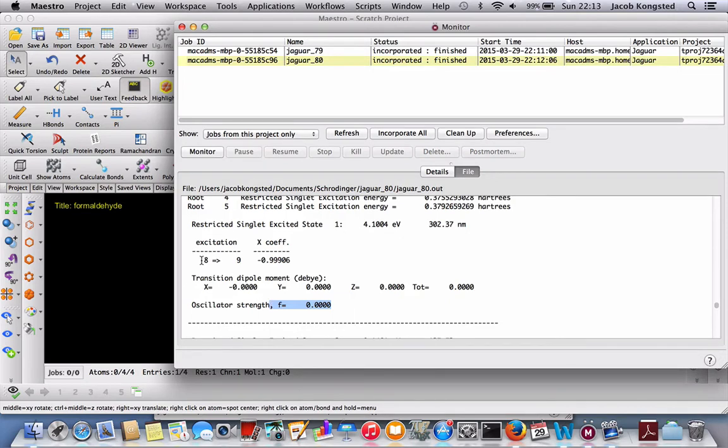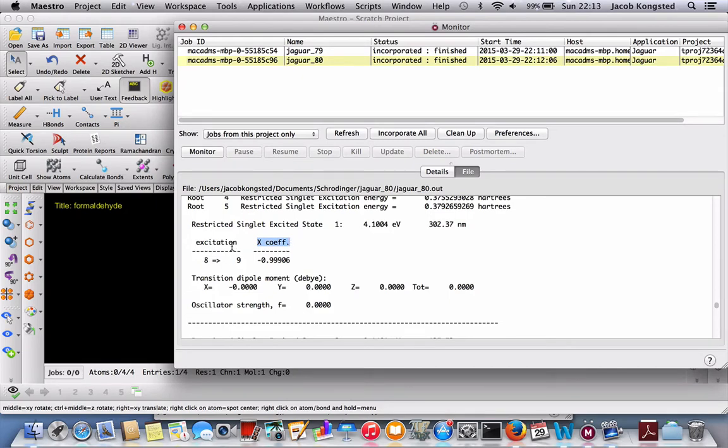The nature of the excited state is visible through the information under the excitation and the X coefficient information up here. Now in formaldehyde I have 16 electrons, so it means that orbital number 8 is my HOMO and orbital number 9 is my LUMO.